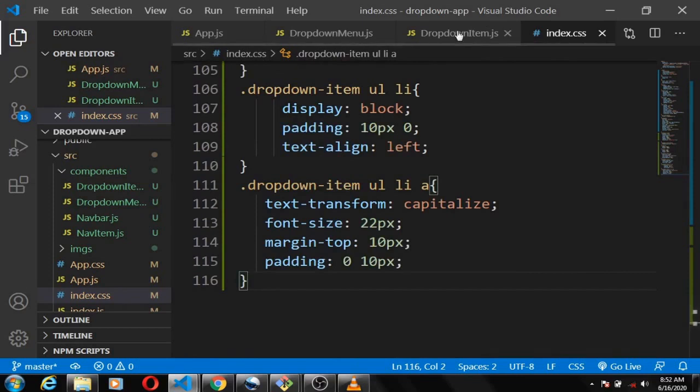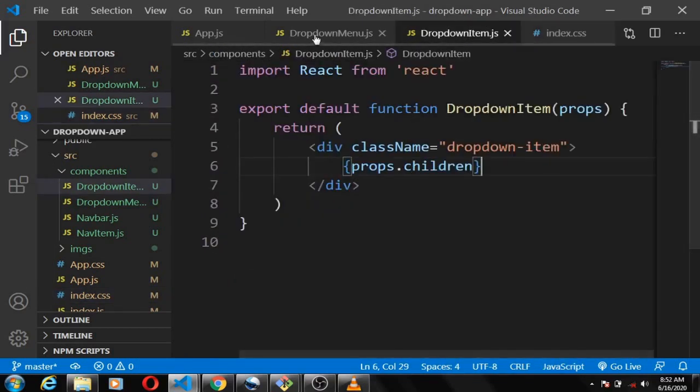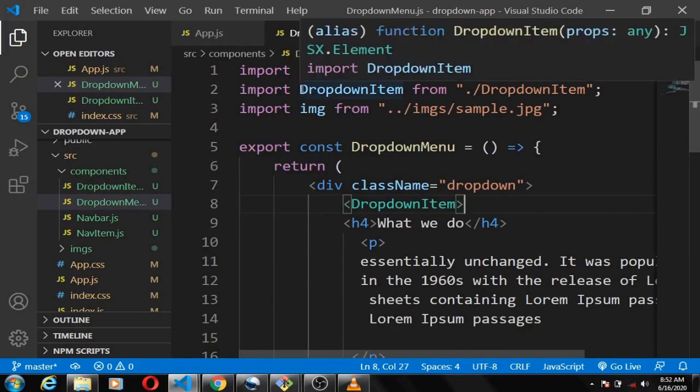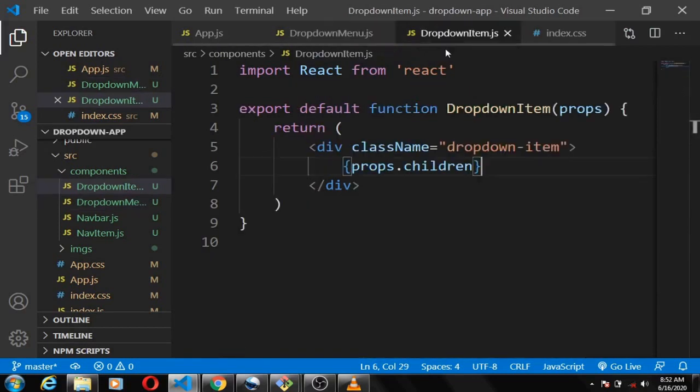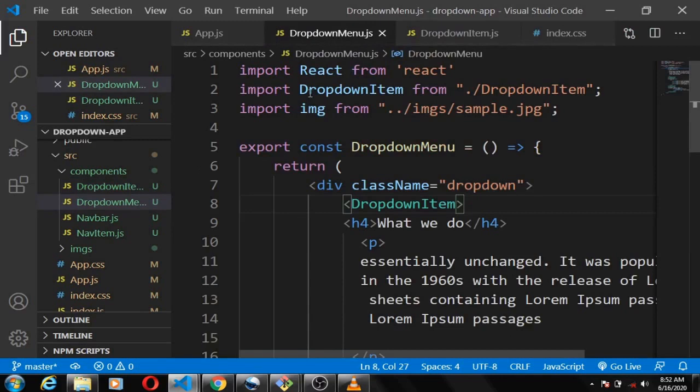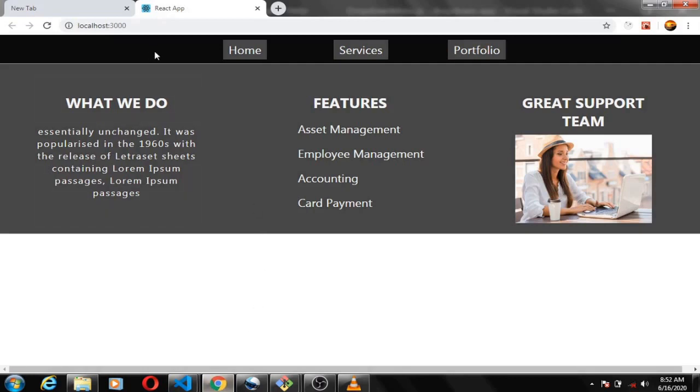So once we save our file, there's also one error I corrected here: the navbar item is a default export, so there's no need for us to put in a curly brace, so also take note of that. Once we come to our browser, you can see how to toggle the hide and show of the drop down menu. Okay,